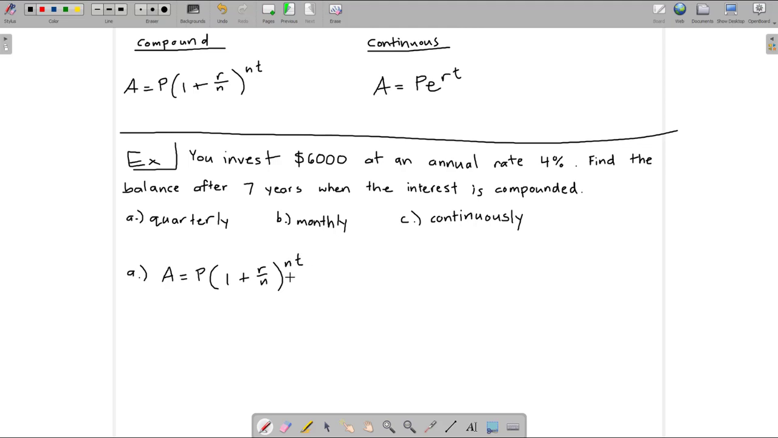Okay, and we want to calculate the total amount after 7 years, right? So we're finding A. That's going to be the variable that we're not plugging anything in for. We're solving for that, right? So let's plug in everything else that we know. P is the initial investment that you make, right? So that's going to be our 6,000 here. And then we have 1 plus R was the rate. So 4%, we need to write that as a decimal, so we'll do 0.04